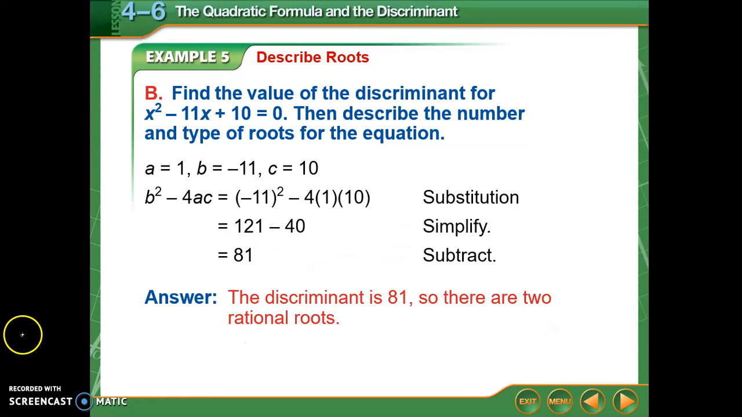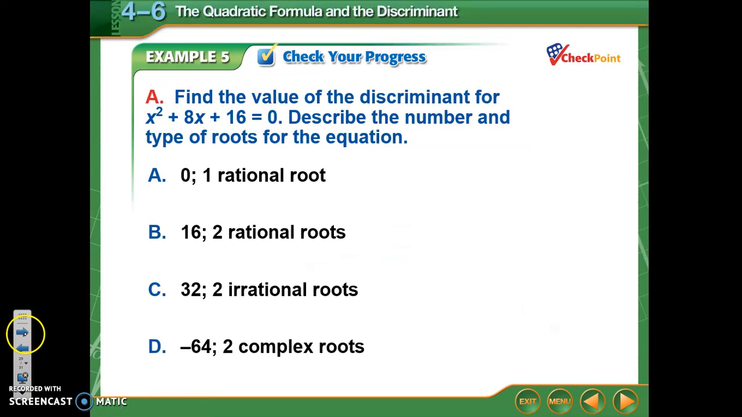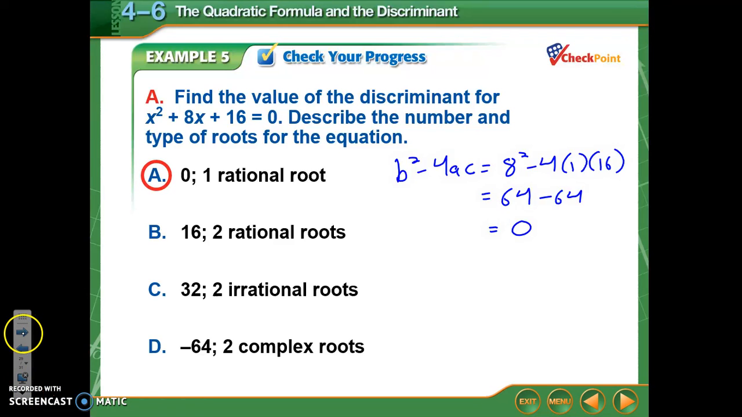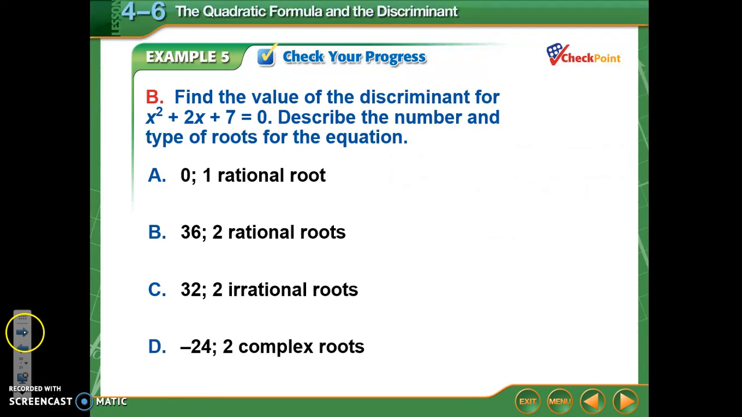Okay, I want you guys to try this one. The answer here is A. The discriminant is 0 and there's one rational root. And last question. The answer